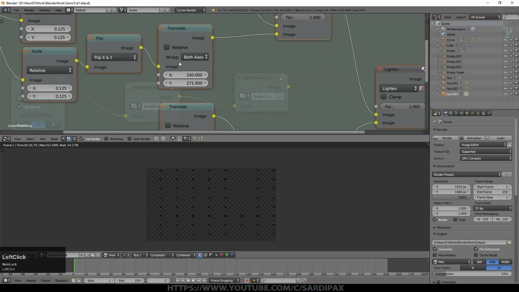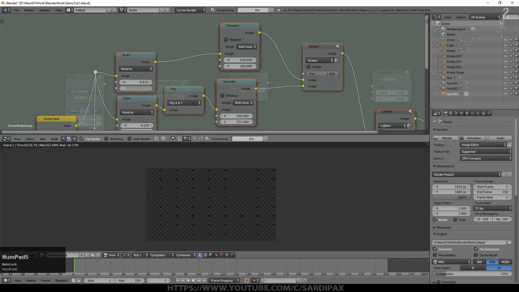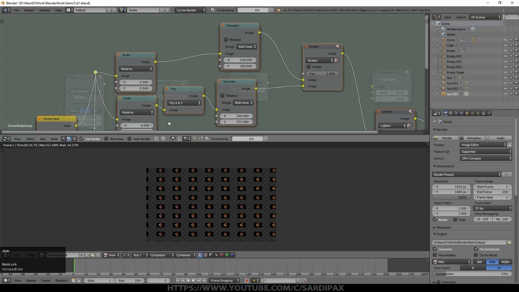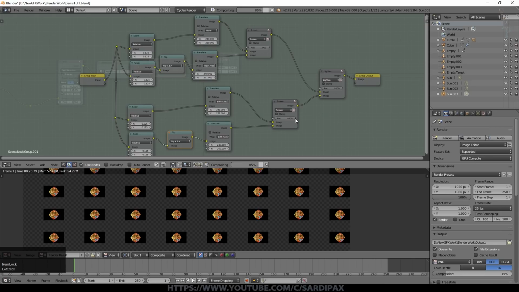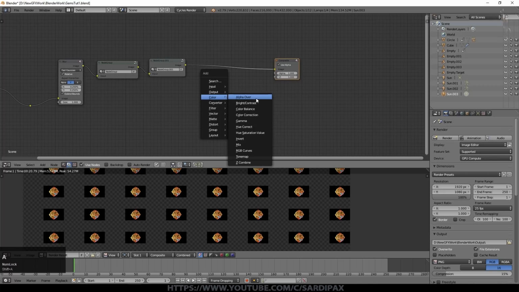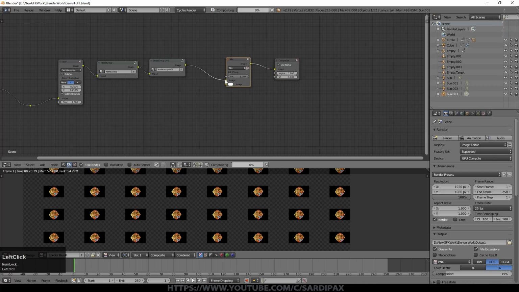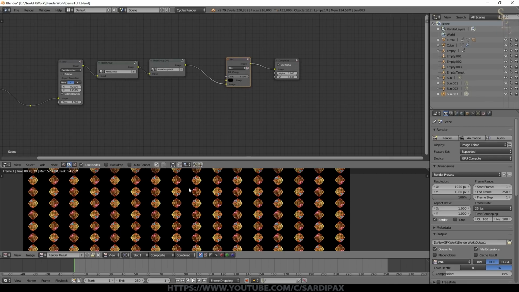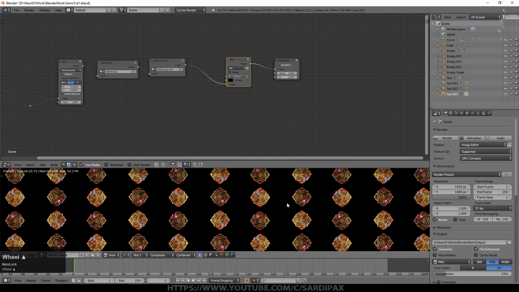So the settings on this one were 0.5 for all of the scale settings. So having set up both of our scaling and translation nodes, we have a lot of little repeats here. So we come out of there and we just need to color in, as it were, this area between them. So we'll add a color mix node, drop that in there, put it on the bottom and set the other side to black. Once that's composited, you can see that's filled it in nicely, and we've got lots of little duplicates. And if you look closely, you can see they're all pointing in different directions.